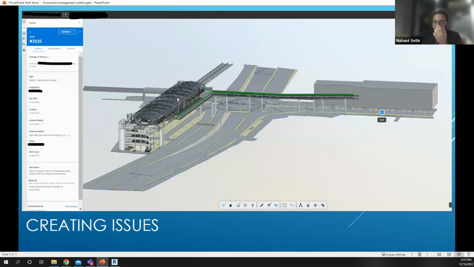Now, if we proceed further with the issues, how issues are raised and how they get assigned to different team members, and what is the exact description, or where do we enter it. My colleague just showed you. I'll just give you a practical aspect of how an issue looks in BIM 360 when it gets assigned to you. So this is a particular issue which got assigned to me in one of my projects, and as you can see, that particular issue